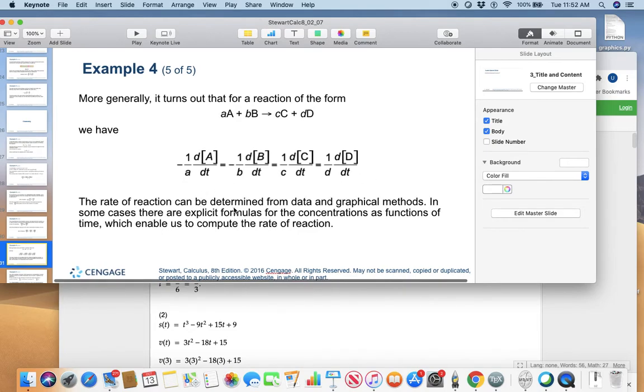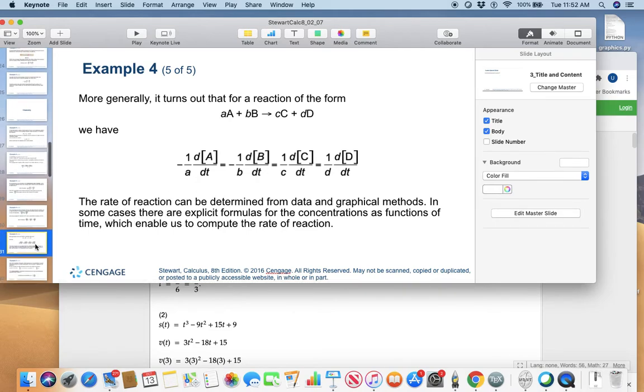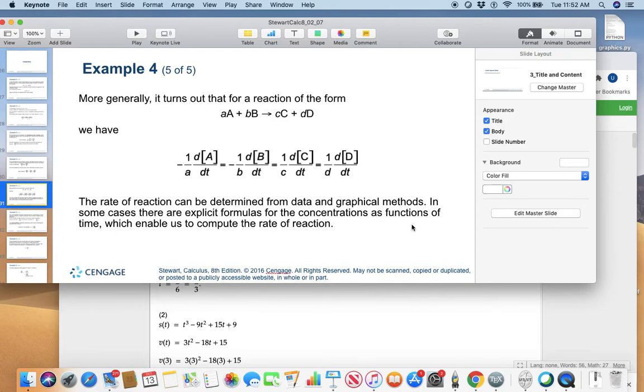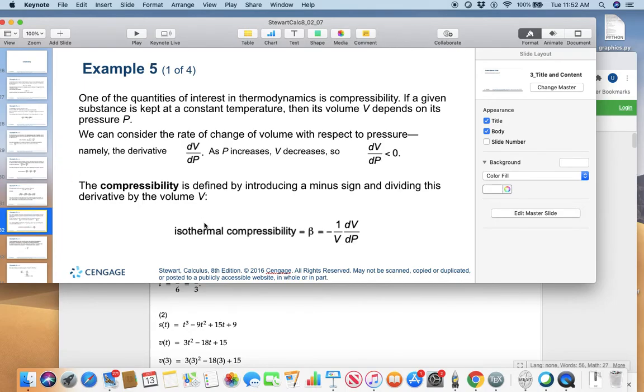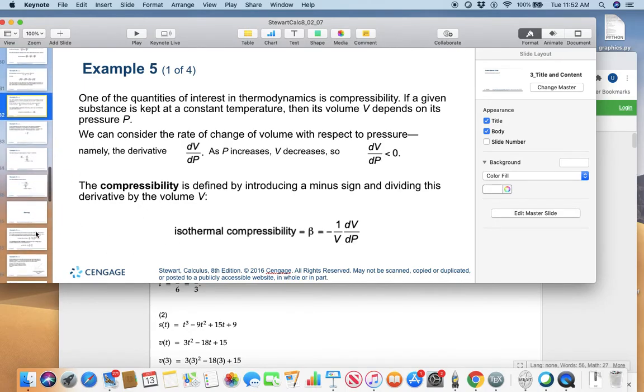The rate of reaction can be determined from data and graphical methods. In some cases there are explicit formulas for the concentrations as functions of time, which enable us to compute the rate of reaction. All right. So the next example is on